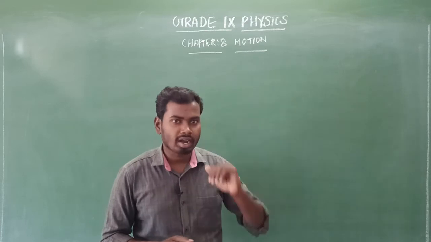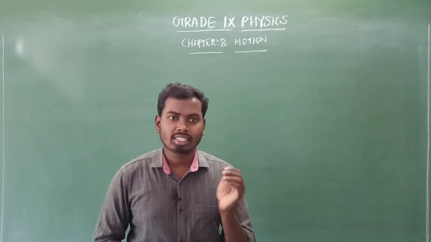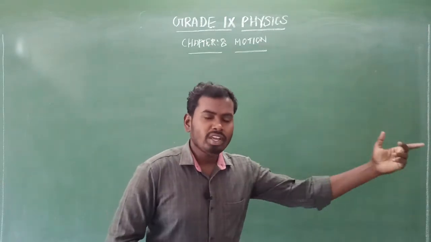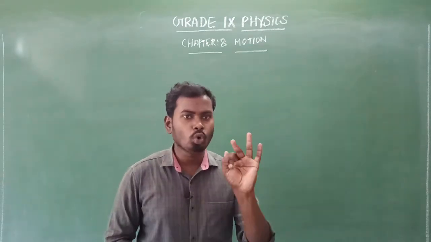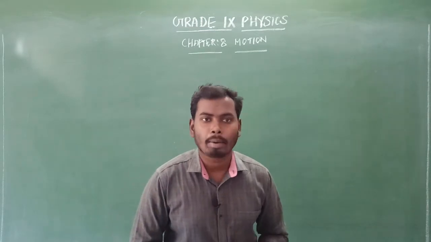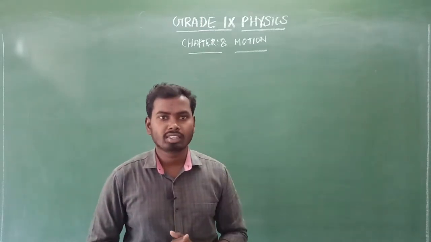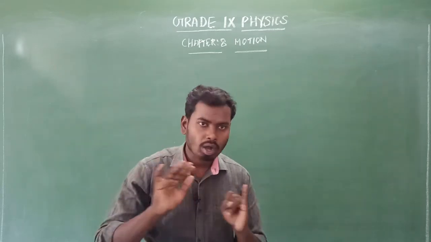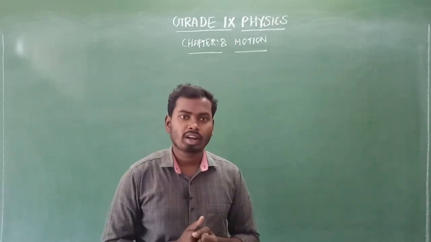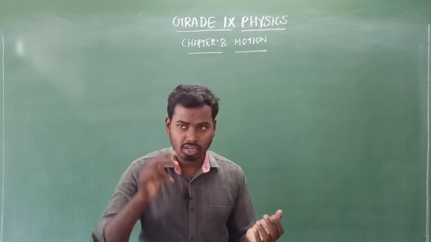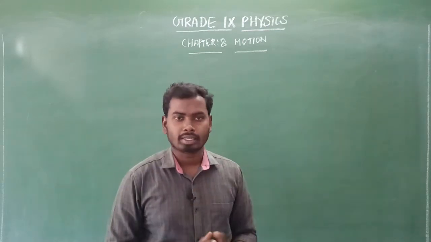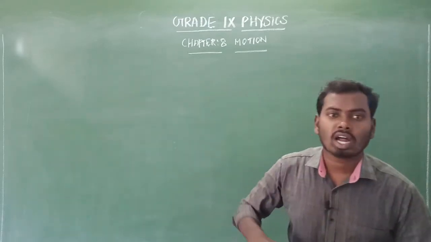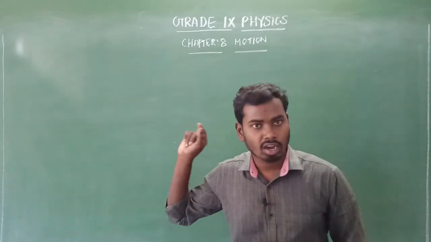Under those conditions this velocity time graph works. Totally five conditions are there. In the previous video class we completed the first two conditions. First, when an object's velocity changes at a uniform rate, we have completed. Second, when an object's velocity changes at a non-uniform rate, we have completed. Is it clear? Yes. But in this session we will start our next condition,